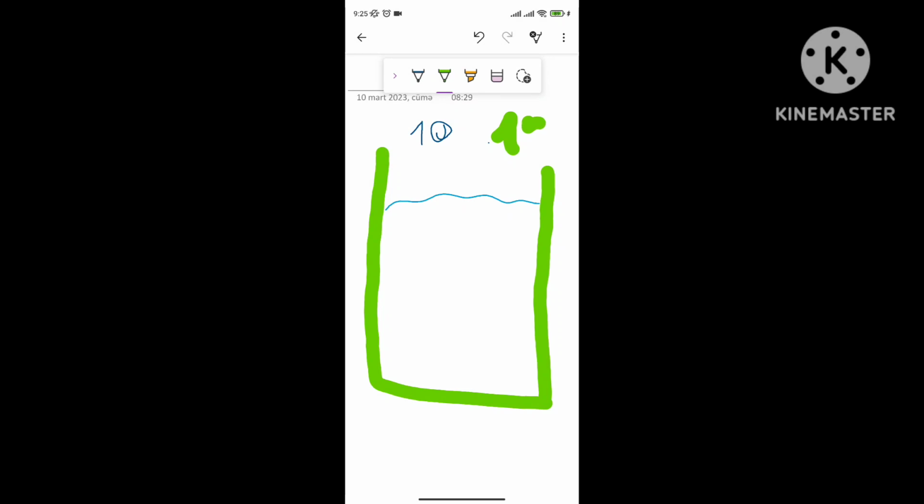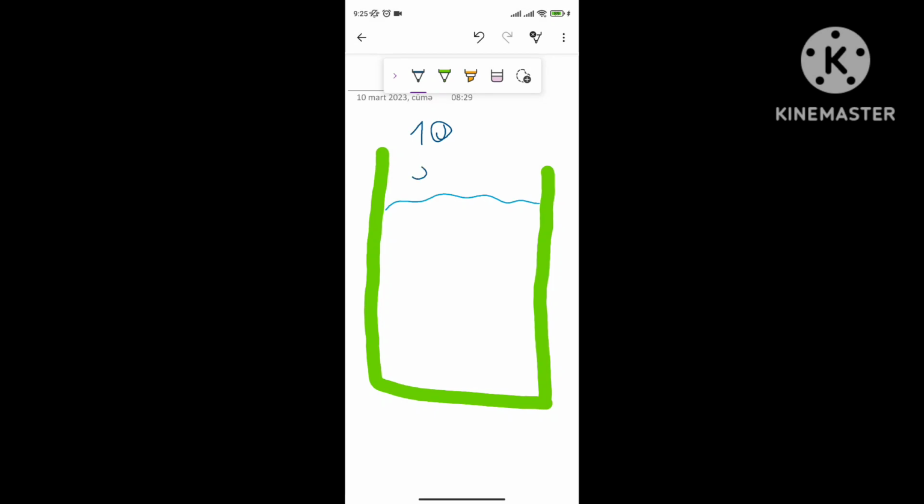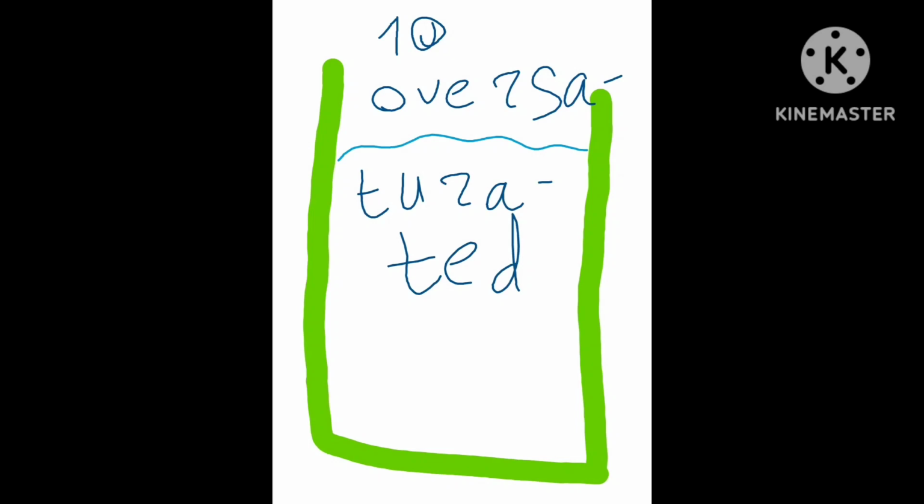When it returns to the ambient temperature, at ambient temperature we say that it can dissolve just 10 grams of sugar. But we dissolved 15 grams. What happens? At a higher temperature it can dissolve 15 grams, but it returns to the ambient temperature. Again, its capacity becomes 10 grams of sugar. So the extra 5 grams that were dissolved start to appear in our solution like crystals. So this extra 5 grams appears again in the form of